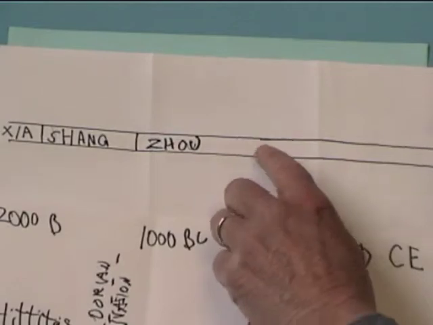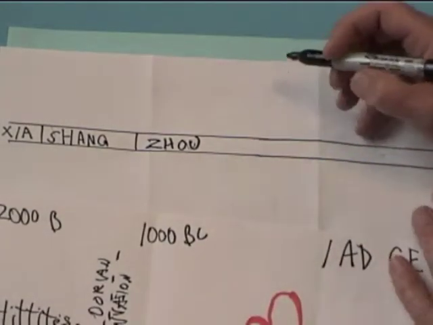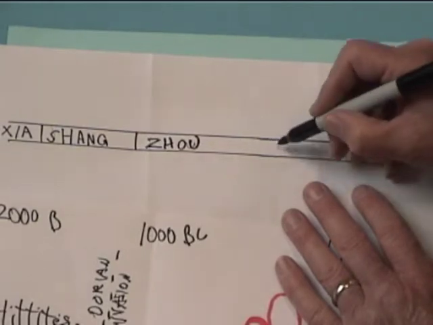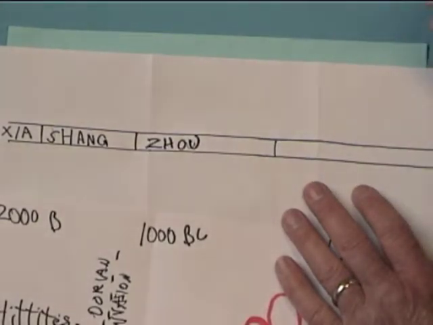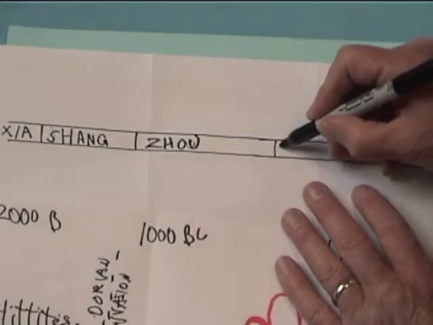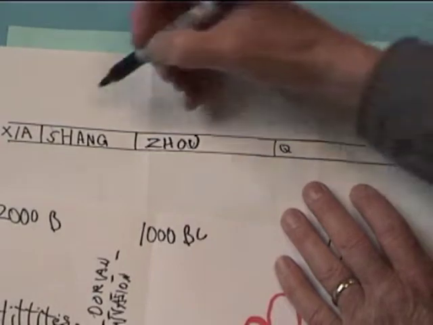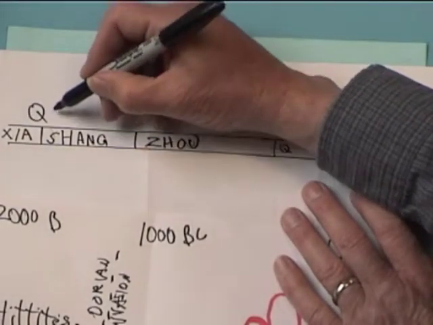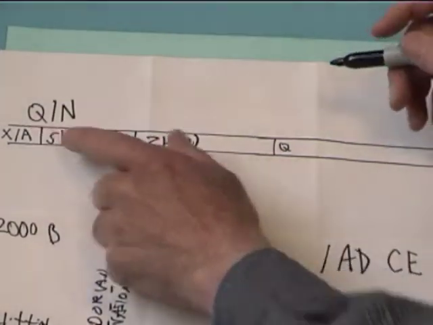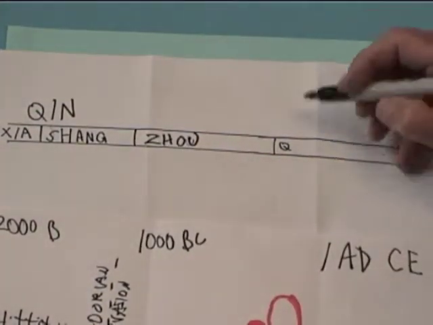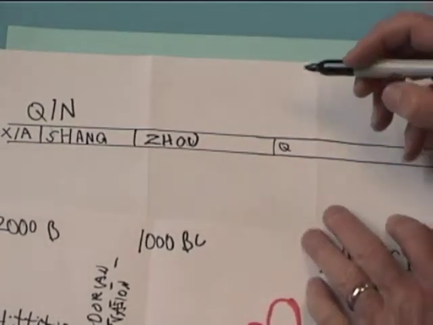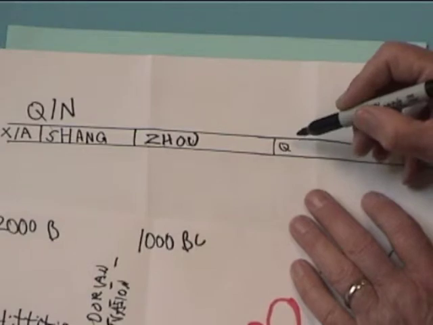And finally, one of those warring states beats all the others and unifies China for the first time into a very formal empire. That dynasty is called Qin, and in the Pinyin system, the CH sound is written as a Q. I'll write the complete name over here for your reference. The Qin dynasty. From that word, we get our word China. The Qin dynasty is when the Great Wall of China was put together for the first time, but it lasted for a short time,